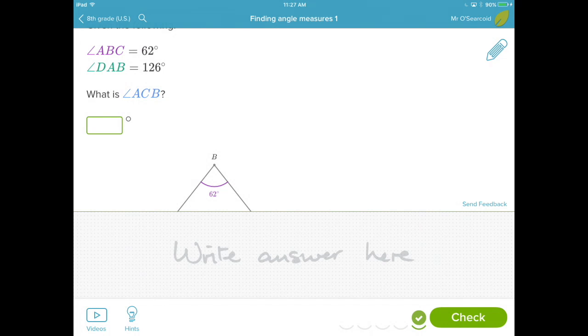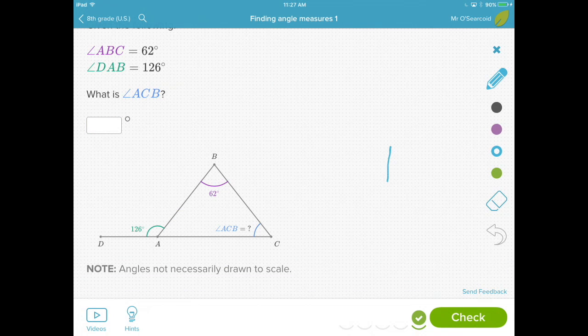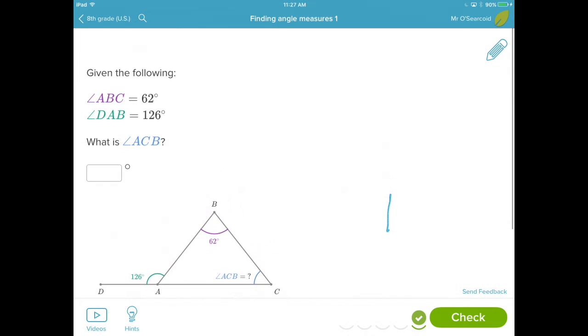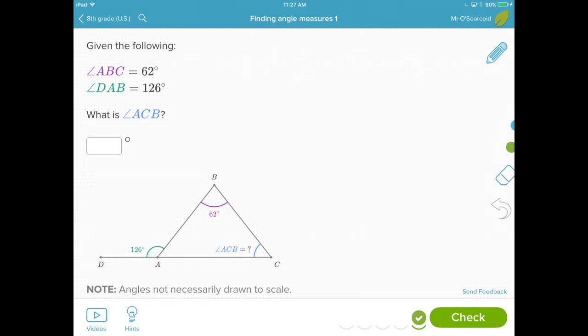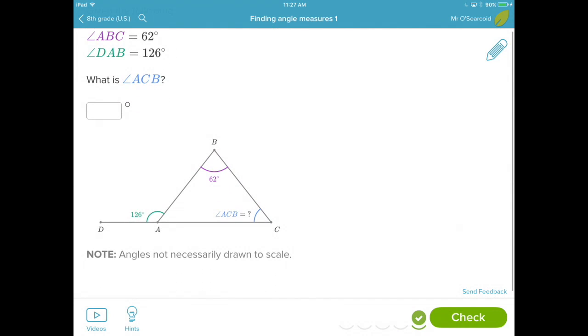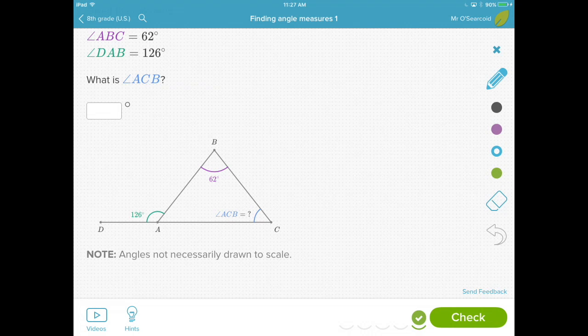Okay, in this particular case, we have another mathematical proof that tells us about the external angles to triangles, and this one is a little bit more interesting because even though we can work it out without knowing the external angles theorem, we can find a quicker way of doing this as well. So we know, first of all, that this is a straight line. DC is a straight line, so therefore 180 degrees minus 126 degrees is going to give us